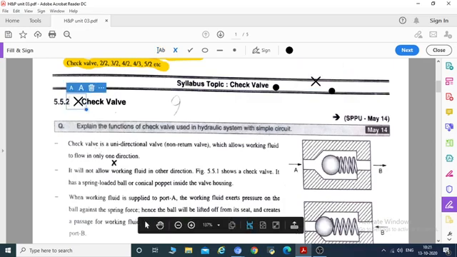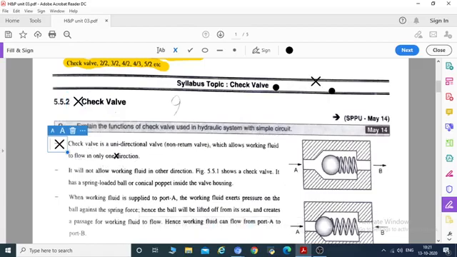So what is the check wall? The check wall is the unidirectional wall which allows the working fluid to flow in one direction only. Check walls are one direction walls.